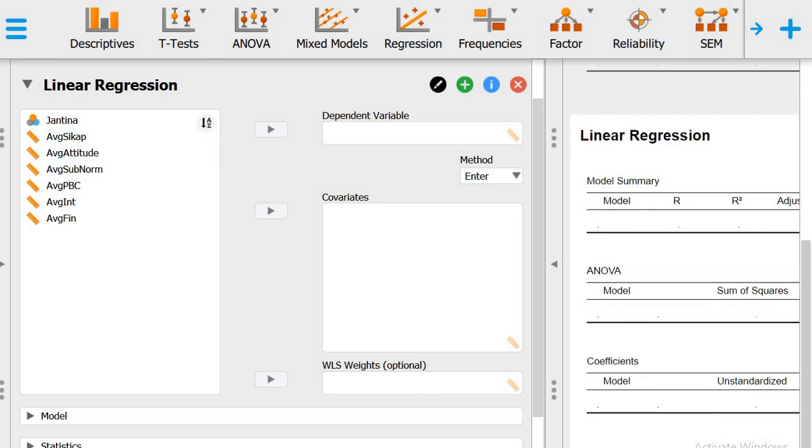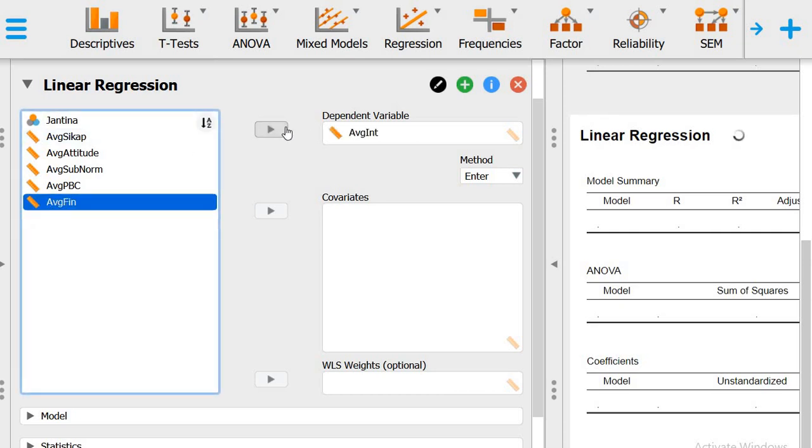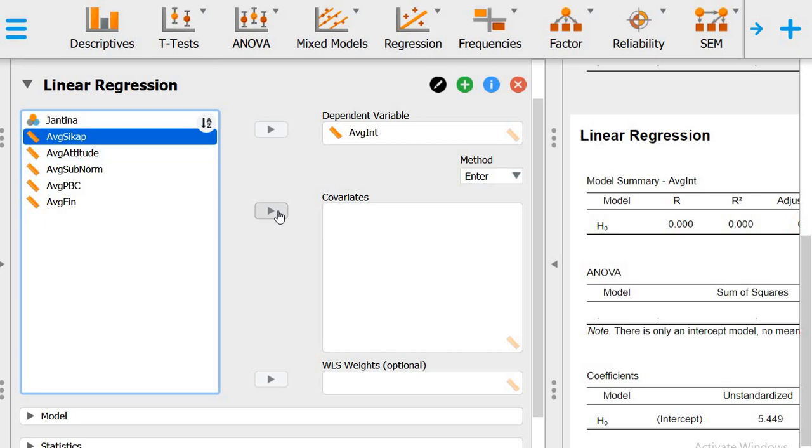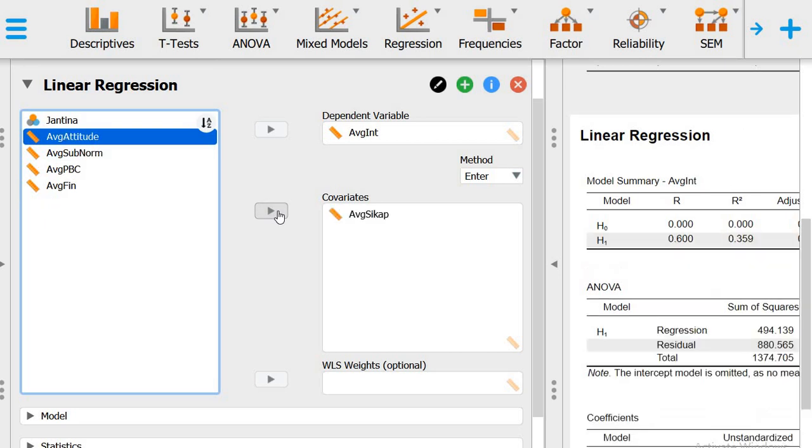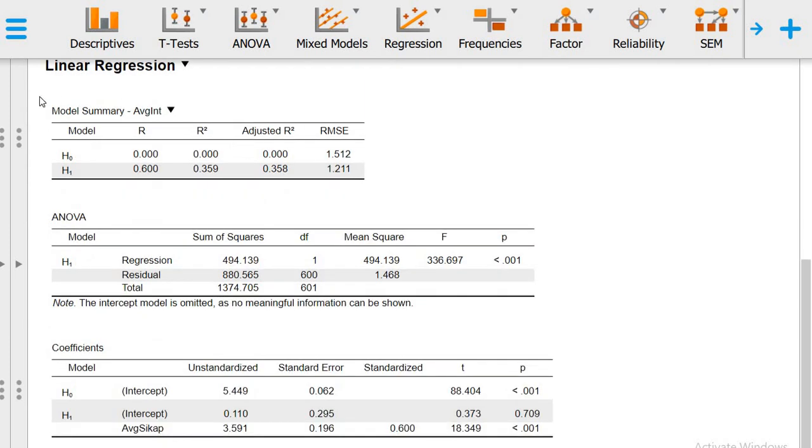As I mentioned before, we need to select a variable for the dependent variable. The dependent variable is where we put our outcome variable. So we want to predict the dependent variable using the covariates or using the predictor variable. In this case, I want to predict intention using the variable CCAP or attitude. So this is a very simple linear regression analysis, and what we do now is we check for the